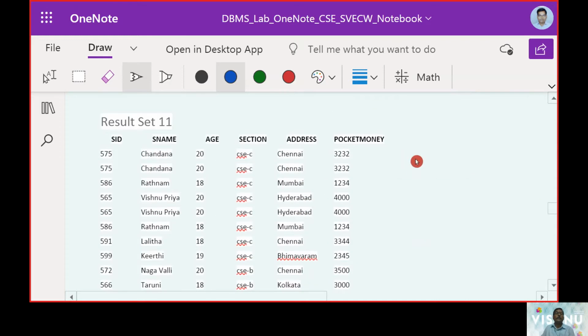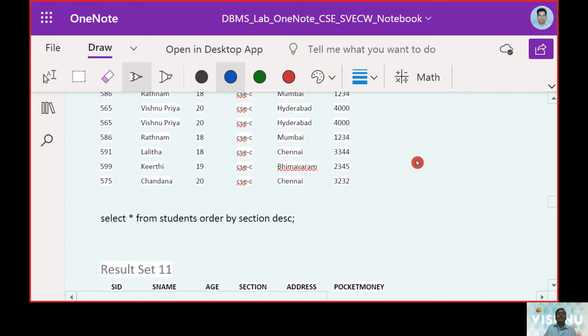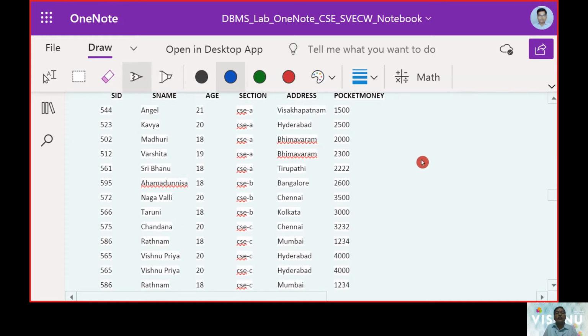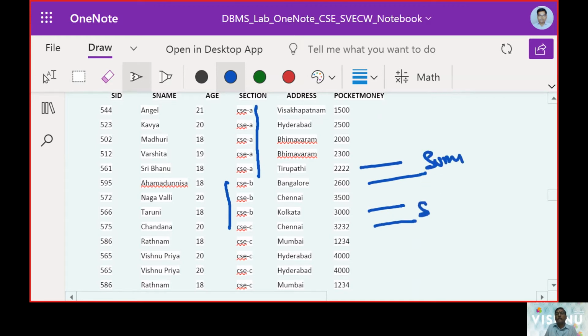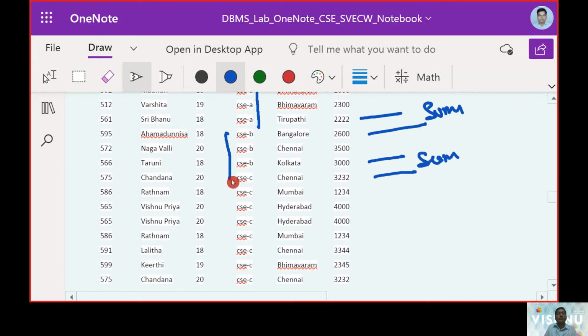As of now, we got this, right? All the A section was piped, so we can get the sum value. All the B section was piped, again we will get the sum value. And all the C section was piped, so we will be getting this value.